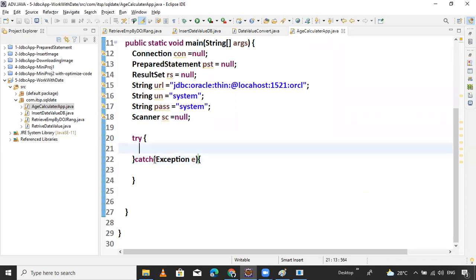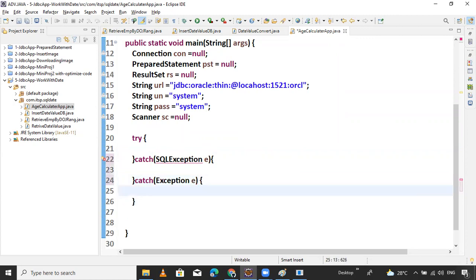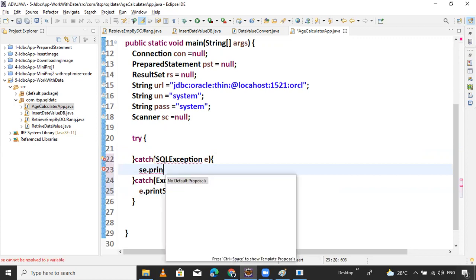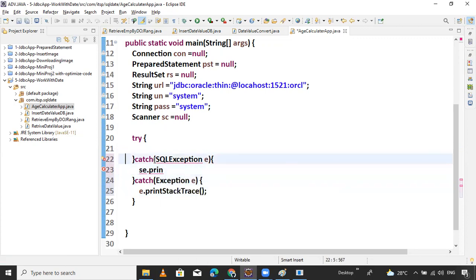Second exception is catch Exception of e. e dot printStackTrace method is there. Now here also SQLException e dot printStackTrace method. Just wait.